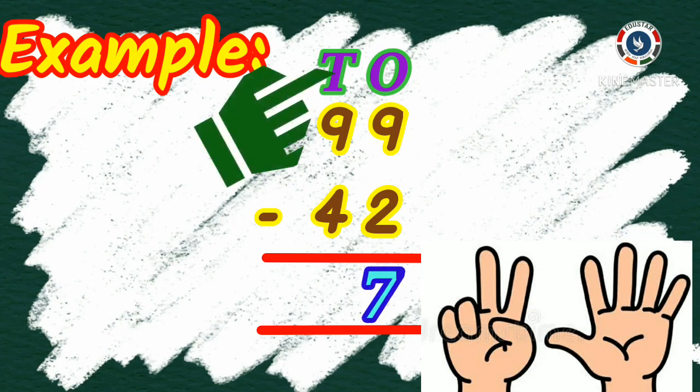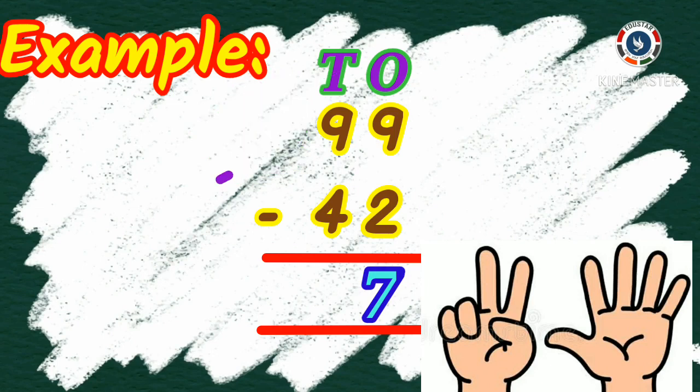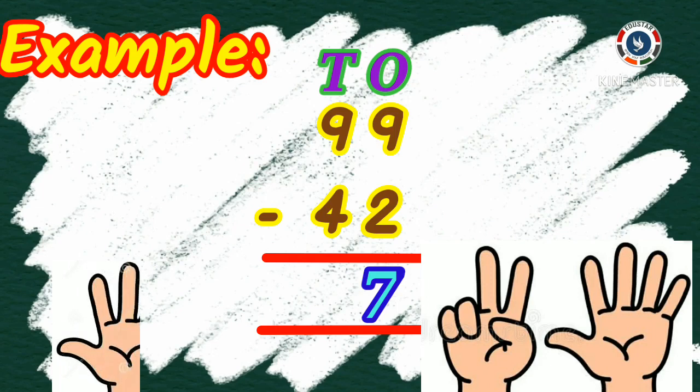Next, see the tens place. We have two numbers in tens place. They are 9 and 4. When we are comparing these numbers, first number is bigger than second number. So we can do this subtraction. As usual, keep small number 4 in your mind. Take 0 fingers, 4 after, 5, 6, 7, 8, 9.